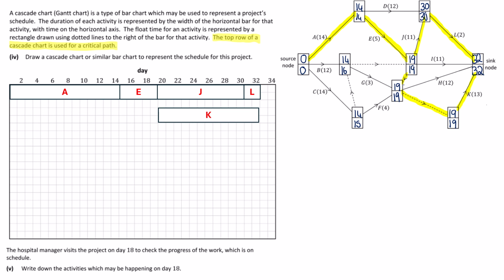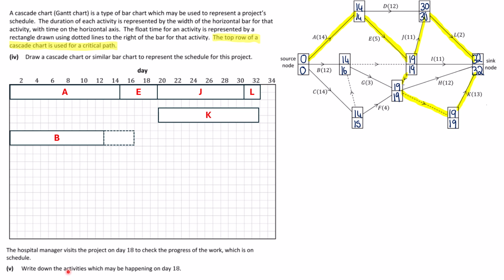So B starts at 0. It has a duration of 12, but it has a float. So we have to look at this number here at the bottom, so the 16. So I start at 0 and I go a duration of 12, but it can go up to 16. So how that's going to look is we're drawing our box for B, which is starting at 0, goes on 12. That's fine. But it has an additional little bit all the way up to 16, which we put in